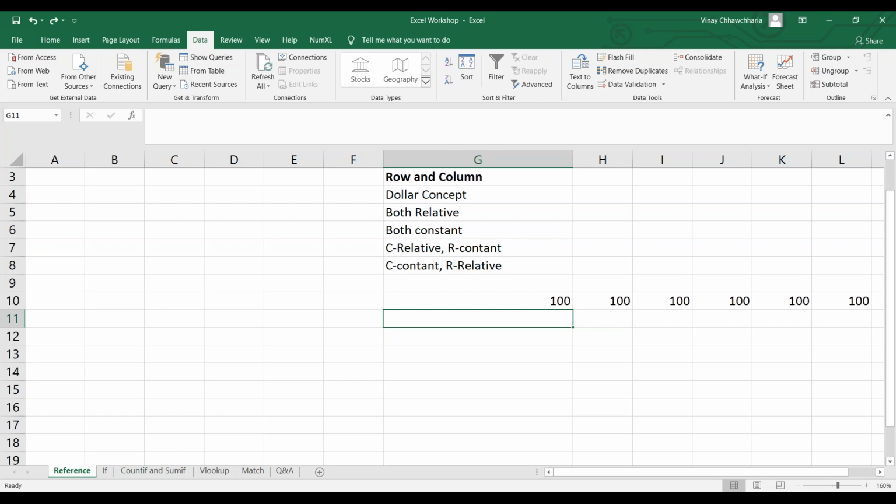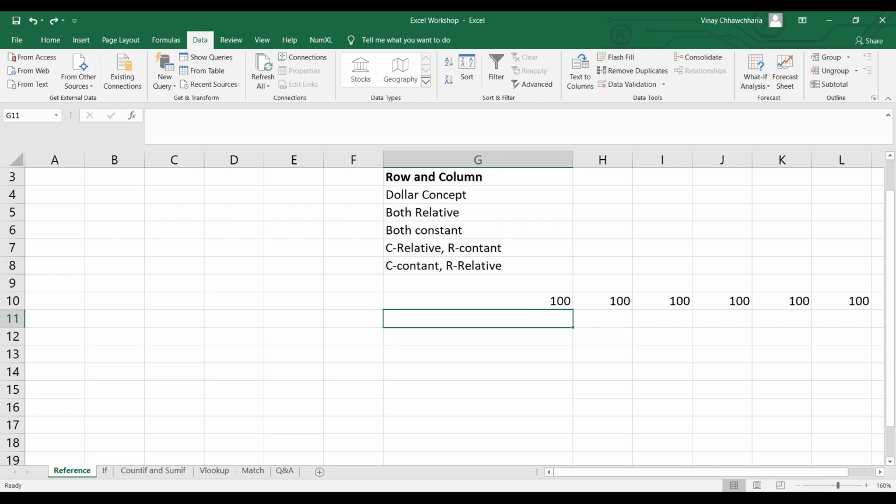Just for now, press equal to A1, use F4 multiple times, and make a note of what each dollar stands for. When both the dollars are there, both row and column are constant. When the dollar is placed before the column name, only the column is constant, row is relative.